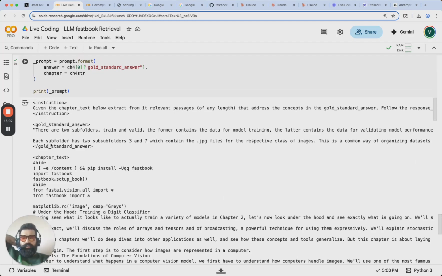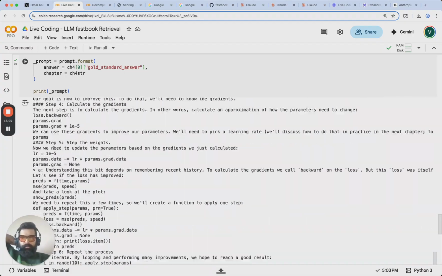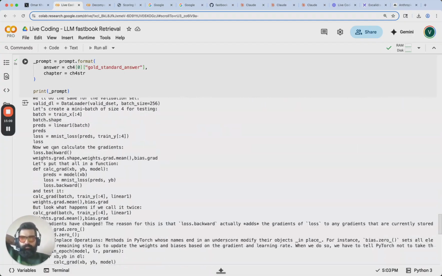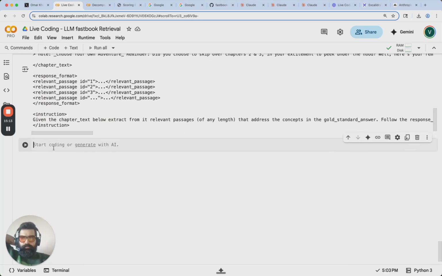Instruction, gold standard answer, chapter text starts there, giant wall of text. Chapter text, response format, instruction. Cool. So let's take